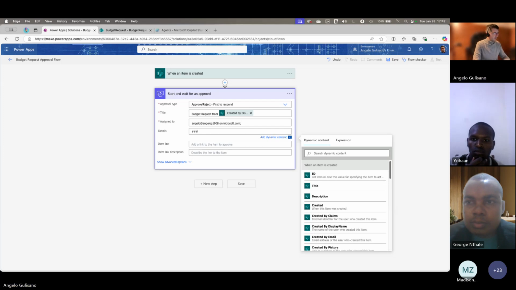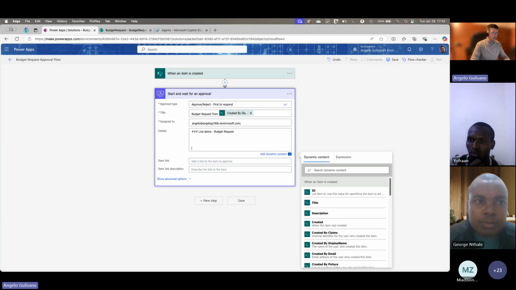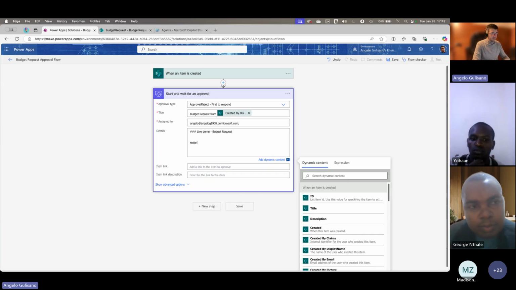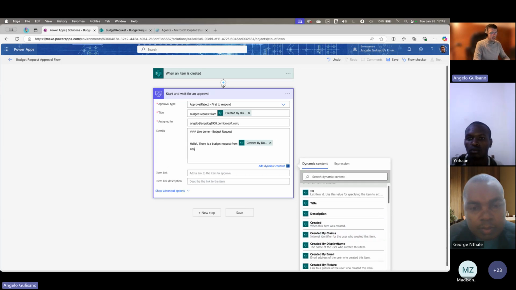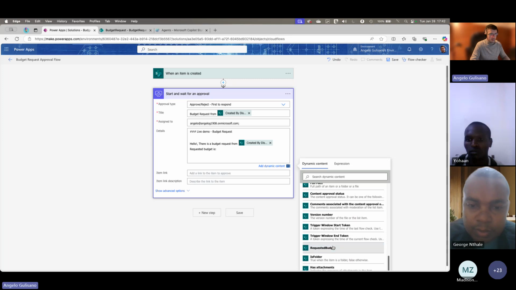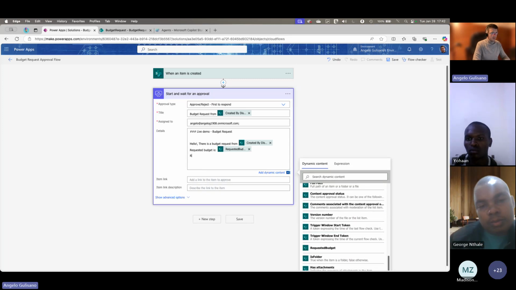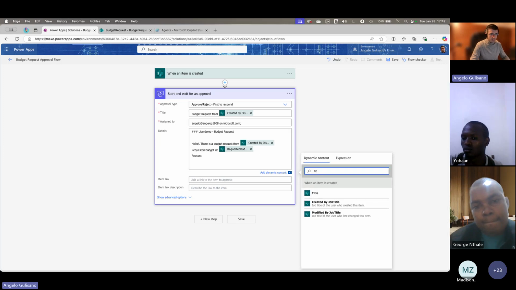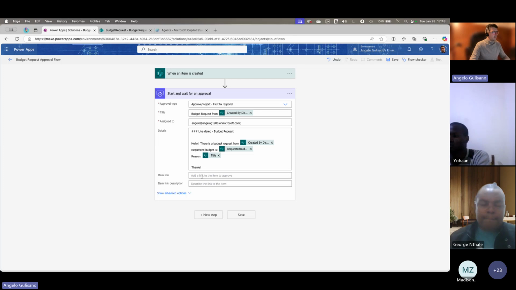For example, budget request, and hello, there is a budget request created by display name, requested budget is, and here we have, for example, the requested budget field, reason, we have the reason in the title field, etc. So if you want, you can also put the item link and item description to allow the user to click on the request.